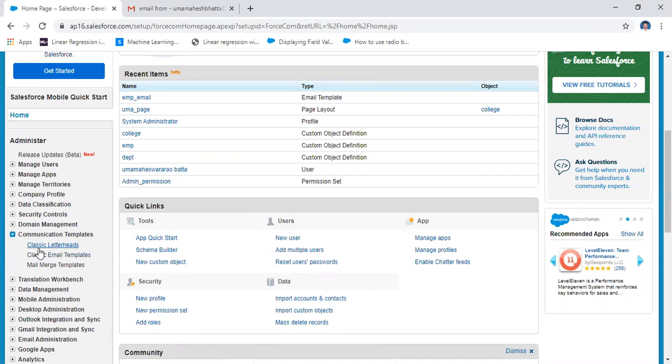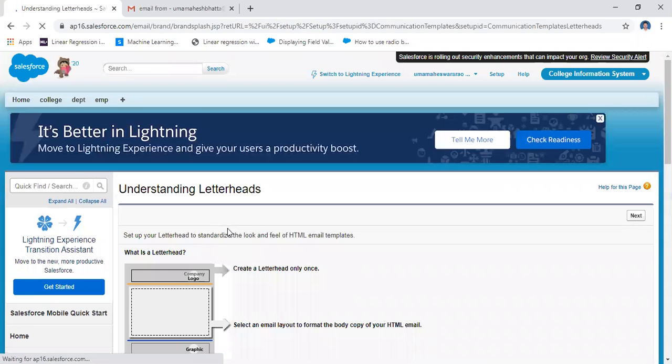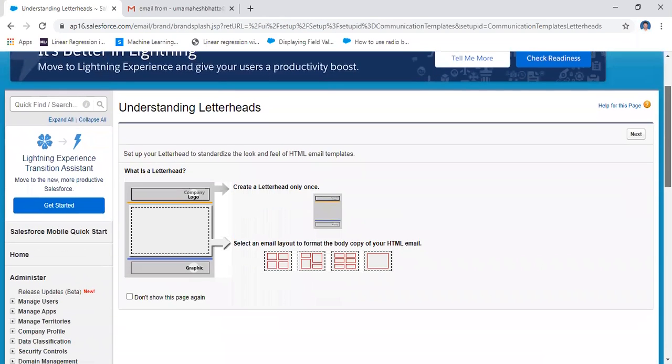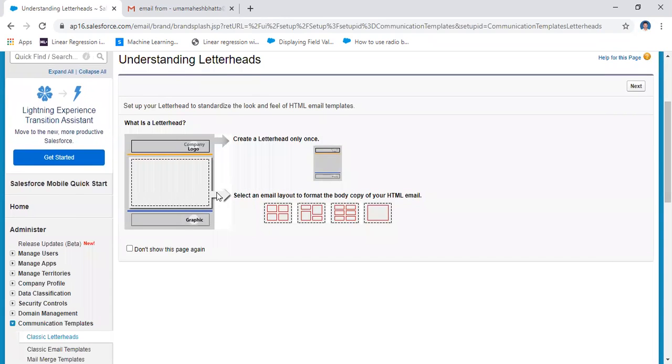Under the communication templates there is a classic letterhead. Click on classic letterhead. This is the setup of your letterhead to standardize the look and feel of the HTML email. That means you are going to create the letterhead here. Don't show this page again. Okay, click on next.